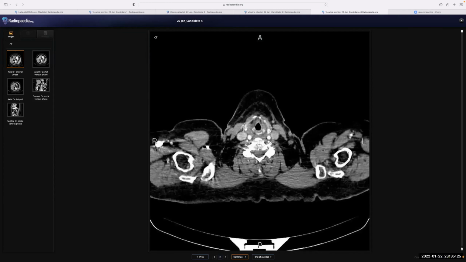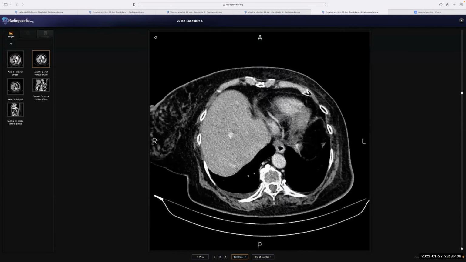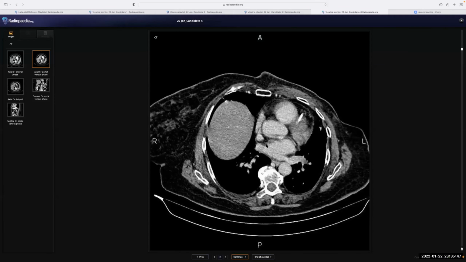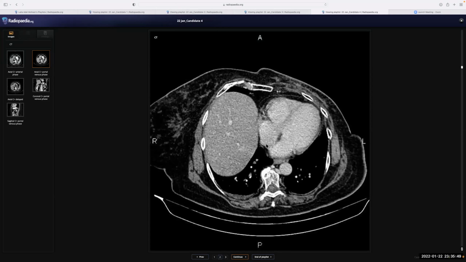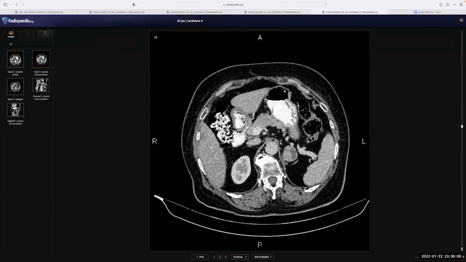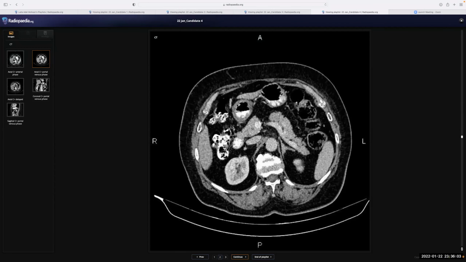The right breast appears normal. The axilla appears normal. I want to see the lung window and the bone window for this patient. They're not available. Okay. This is a contrast enhanced portal venous phase, and